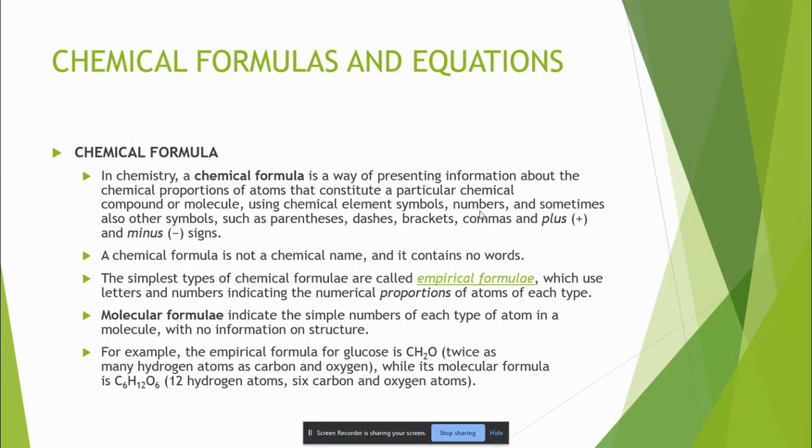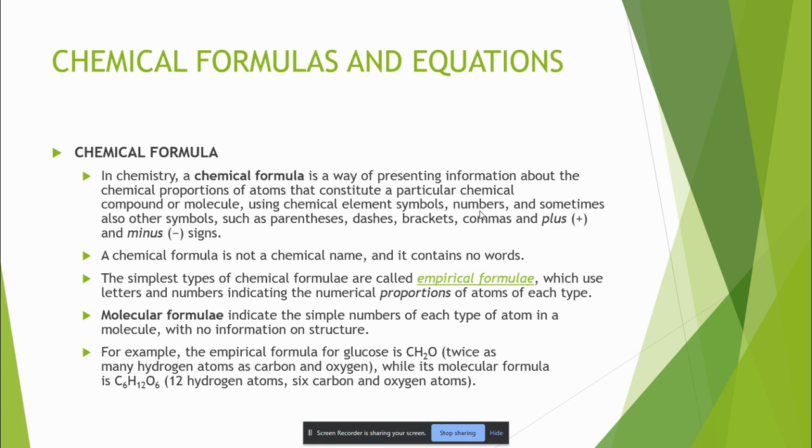So, the chemical formulas and equations. Basically, this is more like a JAM class. This is not an elementary class where I need to start telling you we have 118 elements. Although we are still going to talk about that in periodicity, you know the first 20 elements, sodium, we know the symbols and all.